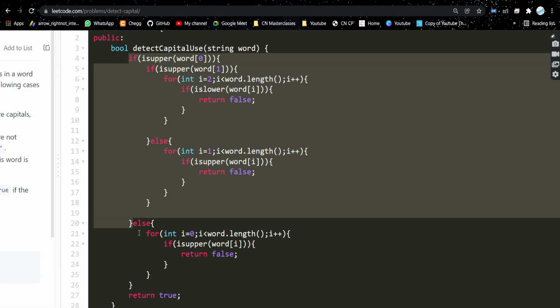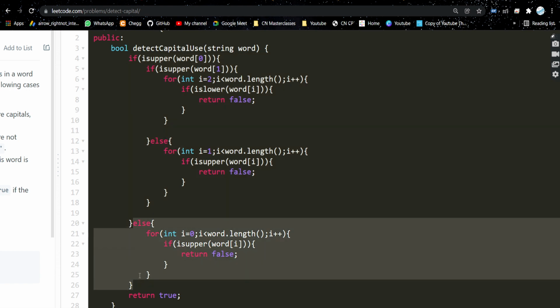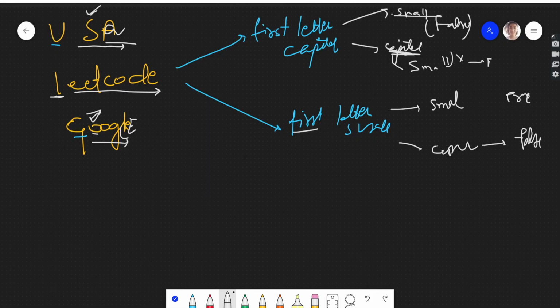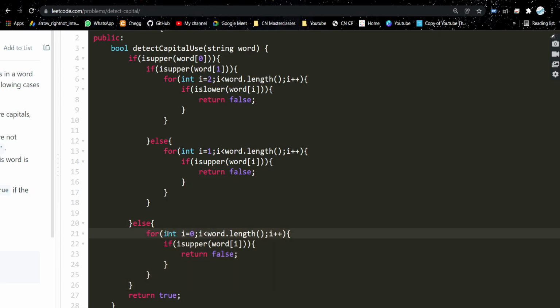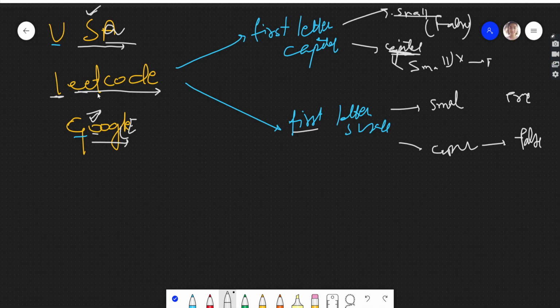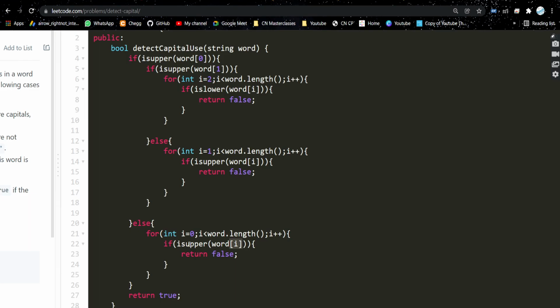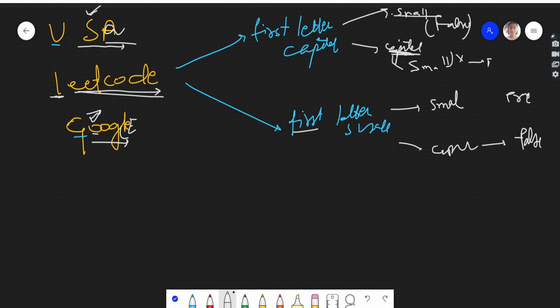Else, this is for the case when the first letter is not capital. If the first letter is not capital, then everything should be small. So we will run a loop on the string, and if any letter becomes capital, that is not correct, because everything should be small. So just simply return false from there. This was for the case when the first letter is small.